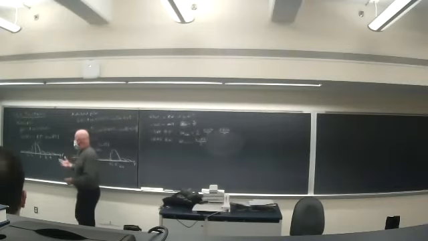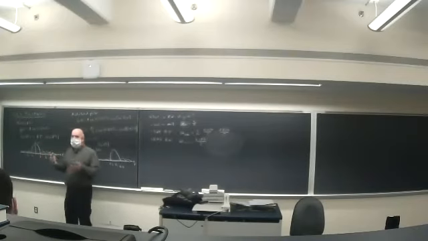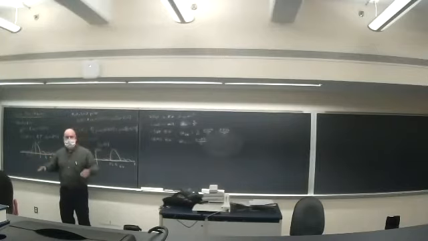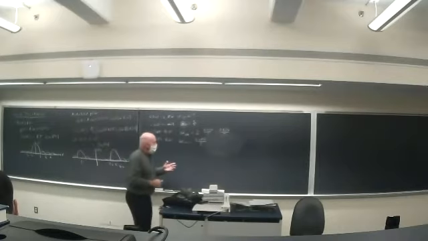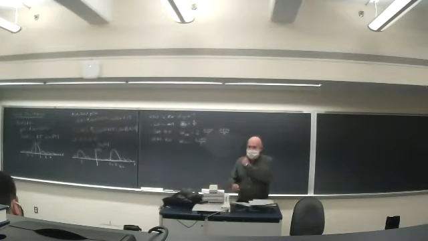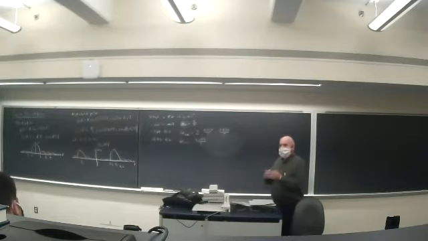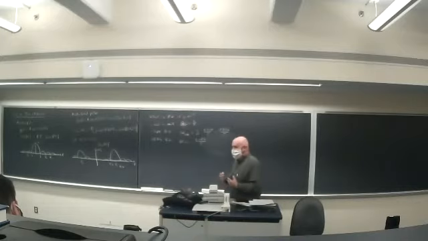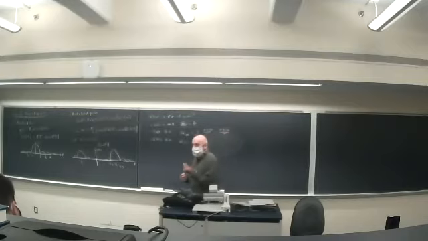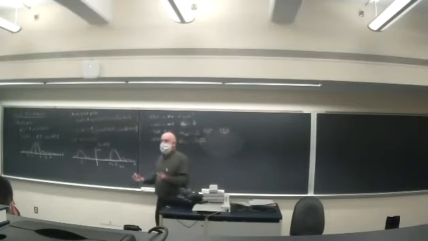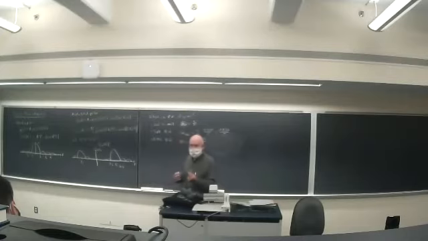The extreme case of that is as this becomes an impulse. Remember the Fourier transform of an impulse is just a constant. We have infinite bandwidth. So that's the important thing. Narrow pulses take up a lot of bandwidth. Short duration signals take up a lot of bandwidth. We'll see this in digital data communications. As you're trying to send bits at a very high rate of speed, that means you have to have short pulses. That means you need a lot of bandwidth in order to transmit binary data at a very high